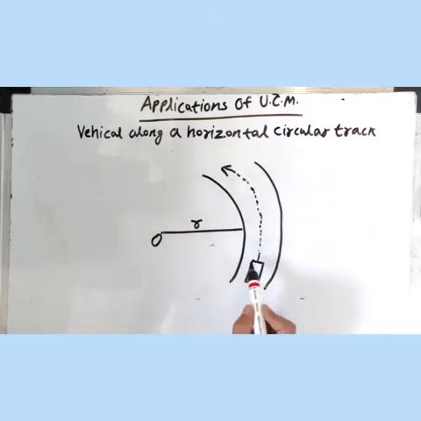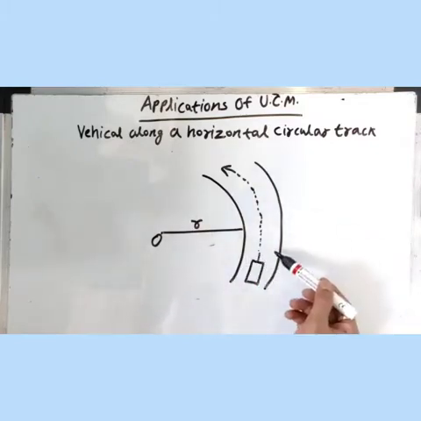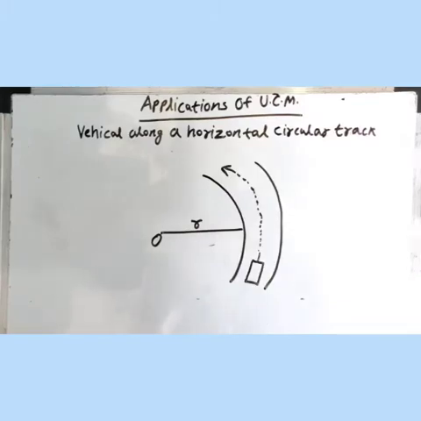And as we have studied, for any kind of circular motion, centripetal force is a must. So in this case, the required centripetal force for a vehicle to take a safe turn along the curved road is provided by the force of friction between the road and the tire.